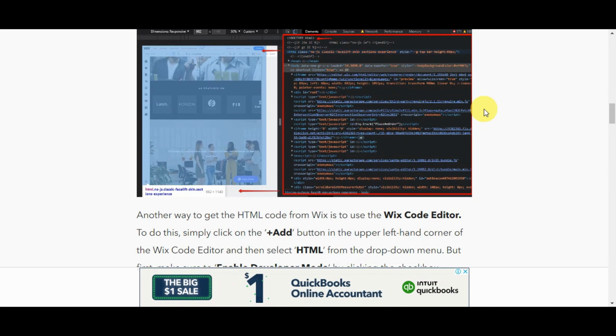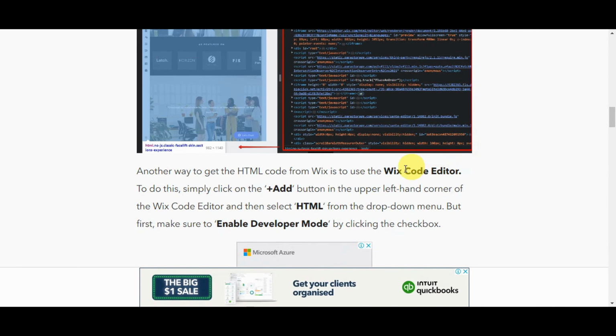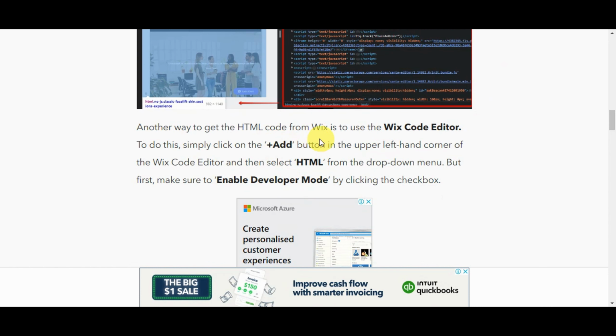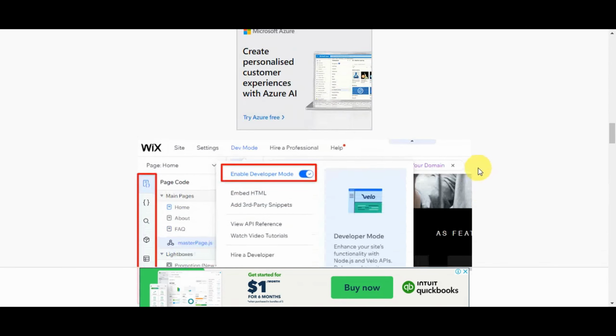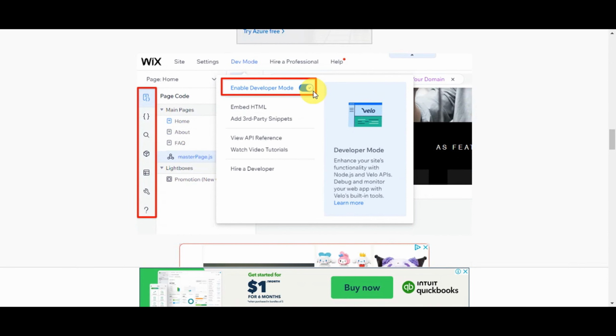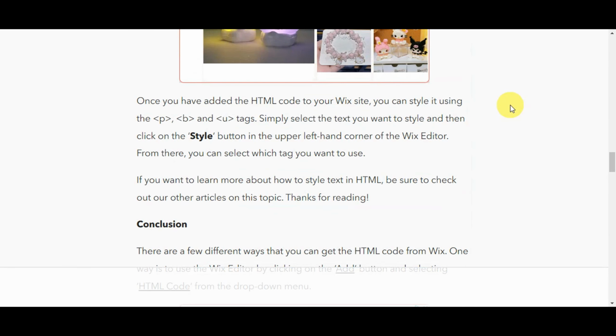And then another way to get the HTML code from Wix is to use the Wix code editor. To do this, simply click on the Add Plus button in the upper left hand corner of the Wix code editor and then select HTML from the drop down menu. But first, make sure that you enable the developer mode by clicking the checkbox, just like this. So you'll just have to enable this,